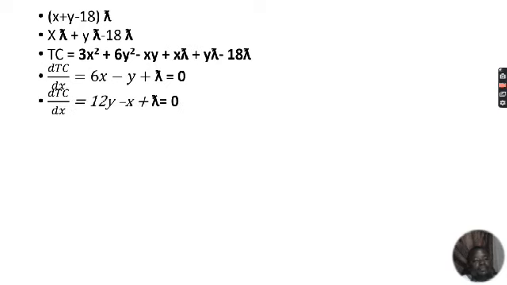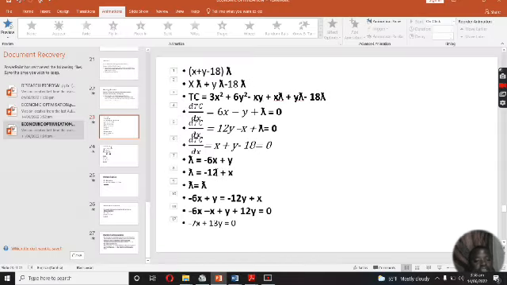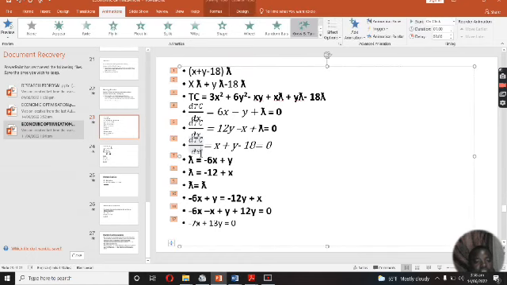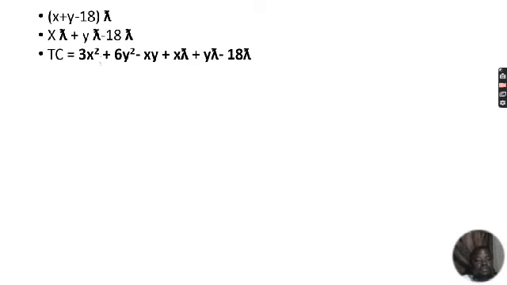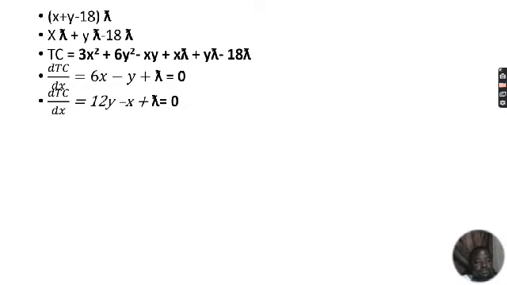Let's differentiate in terms of y. Sorry, that should be y, not x. The second one should be differentiated in terms of y, so let me put y there. Yes, I've put y. So we are differentiating in terms of y, so it is going to be the total cost over dy is equal to